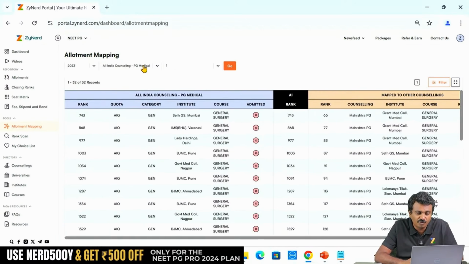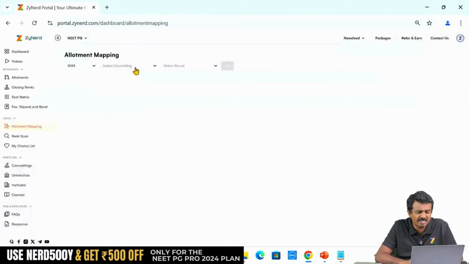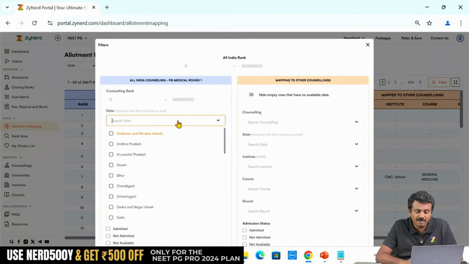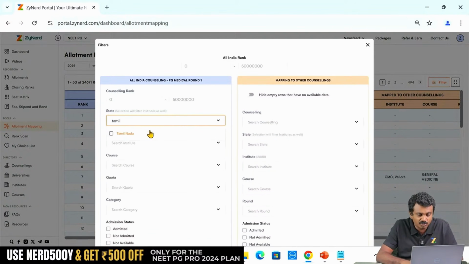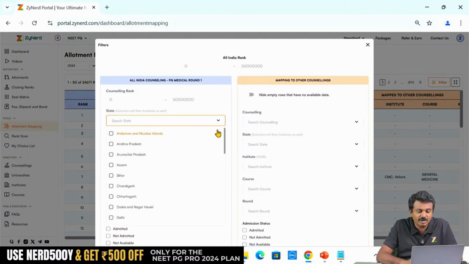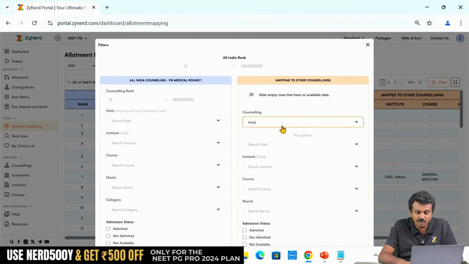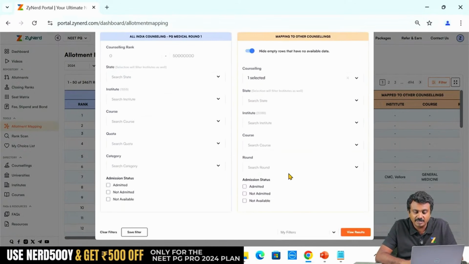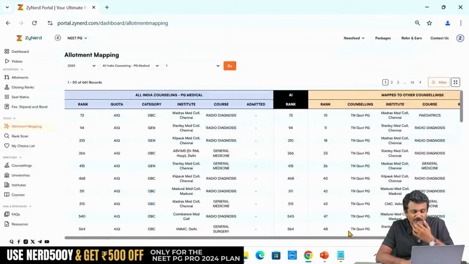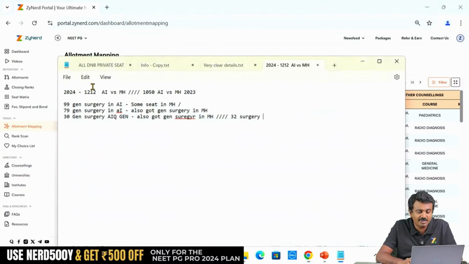Same if you do for any state, you can quickly do it for any state that you wish to, and you will be able to see the common allotments and why there will be more seats coming out. I'll pick up 2 more states and quickly run through this. I am looking at primary counselling as All India. I am looking at Tamil Nadu counselling over here and want to look at the common allotments between Tamil Nadu and here. Round is only 1 over here. I will look at for Tamil Nadu, so I will select only round 1. 661 common allotments